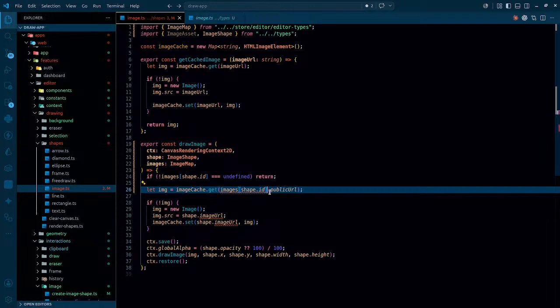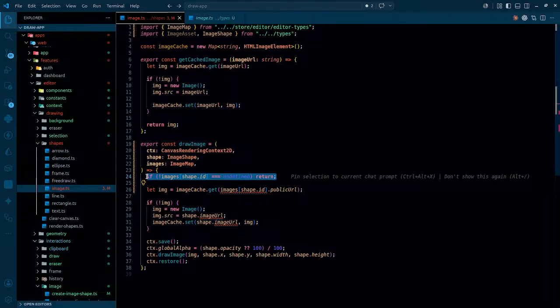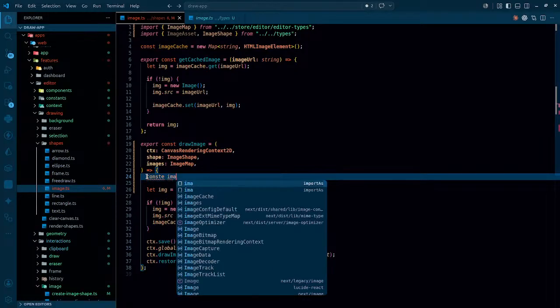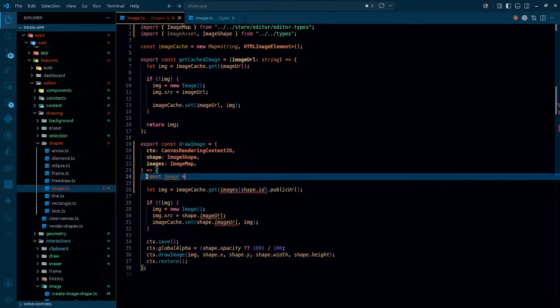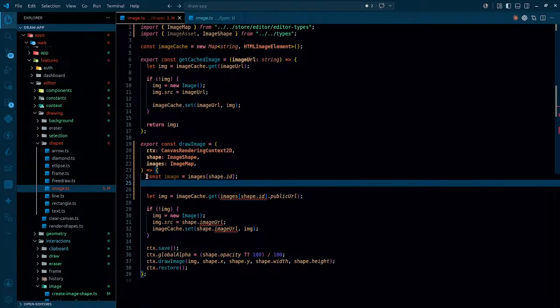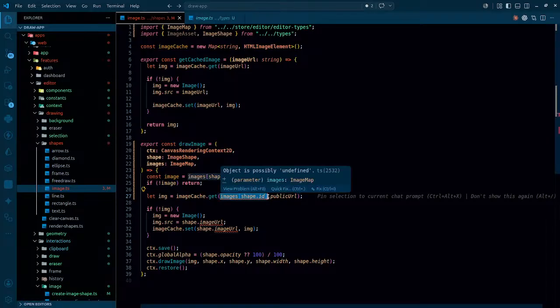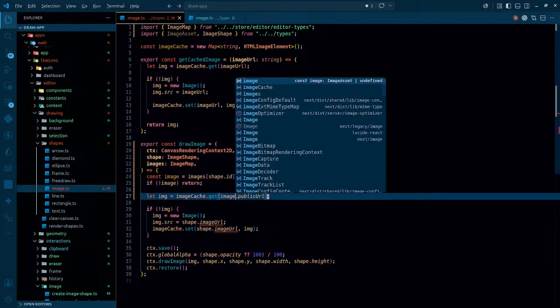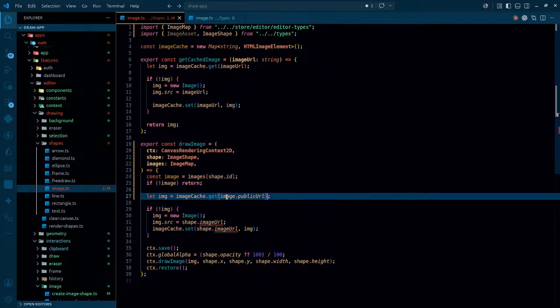So what's the use of calling it here? I think I need to have it first of all. So const image is going to be images colon shape dot id, and once I have the image, I'm going to make sure that I have the image. If I don't have the image, I'm going to return from here. But if I actually have the image, I'm going to use image dot public URL, and this is